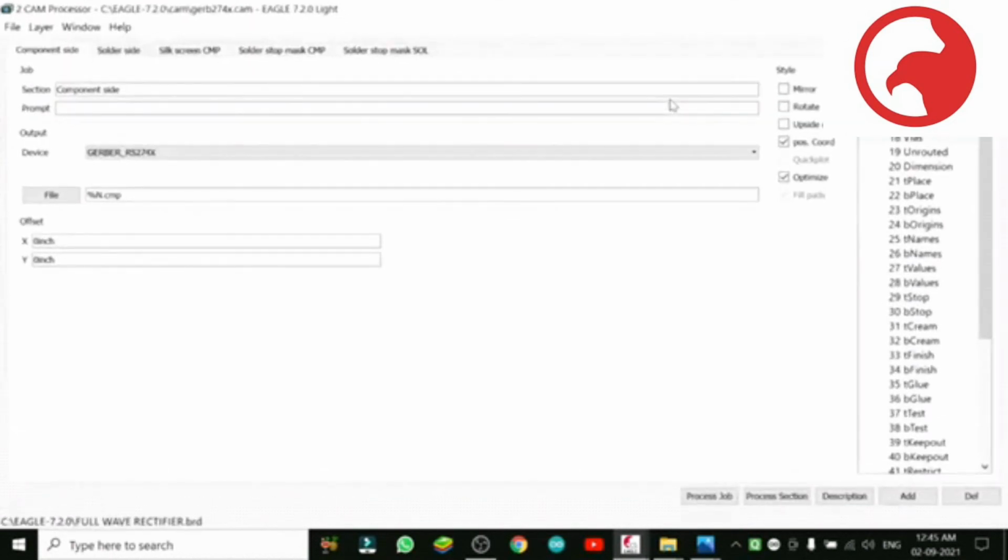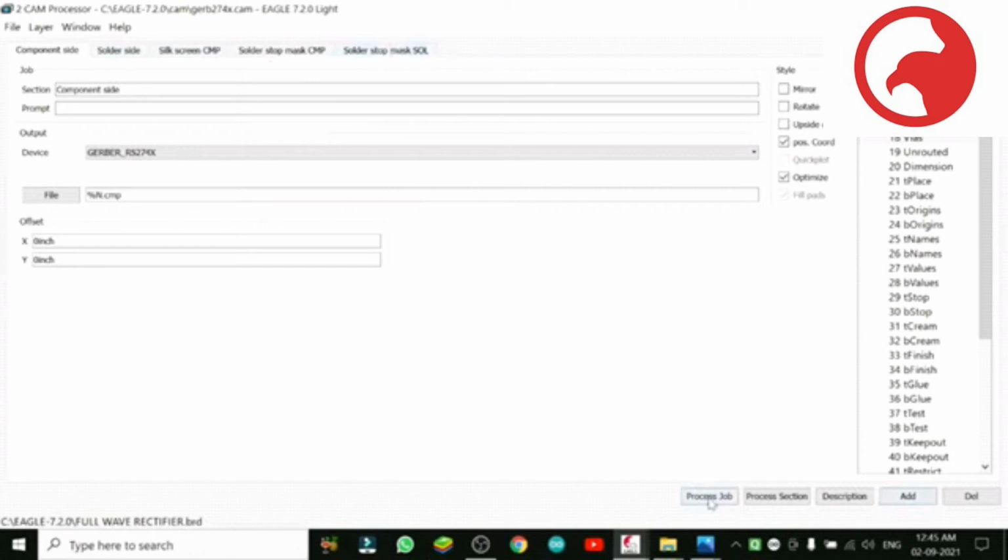So now we can start the same file, and we will have components from the top. So there will be 6 files in this Gerber file. You might have looking at the top: solder site, silk site, soldering, like this and that. So nothing we need not to do. We have selected all these things, and now we will proceed for the processing job. See, solder, this, all will come in that Gerber file.